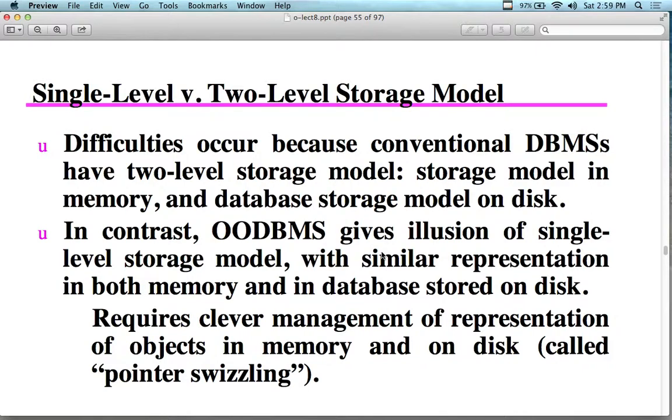As a two-level storage model, we have the storage model in memory, and then we have the database storage model on the disk. So it's referring to a separate kind of modeling system. I'm not talking about a hierarchy. What I'm talking about in this particular case is that we have the abstraction of the data, and then we have the data in terms of how it's being stored. Object-oriented database models give you the illusion of a single-level storage model with similar representation, so that the memory and the database,